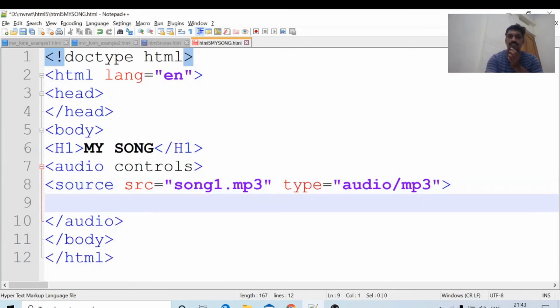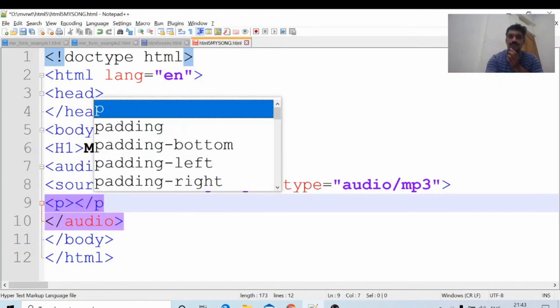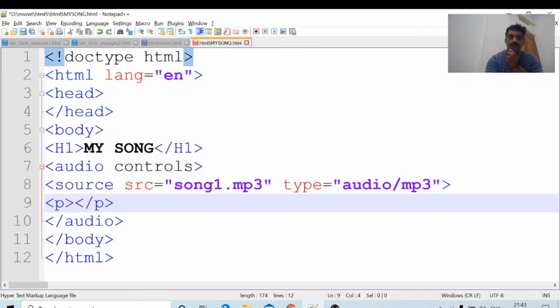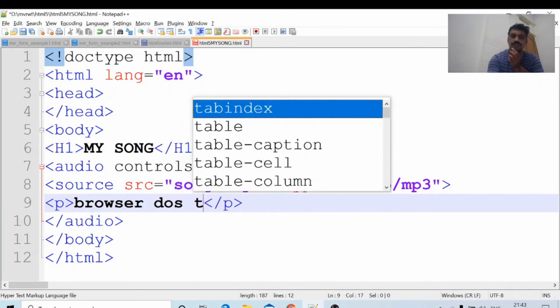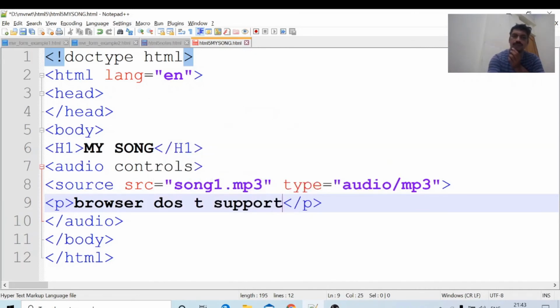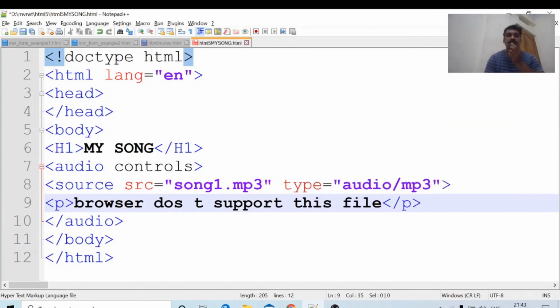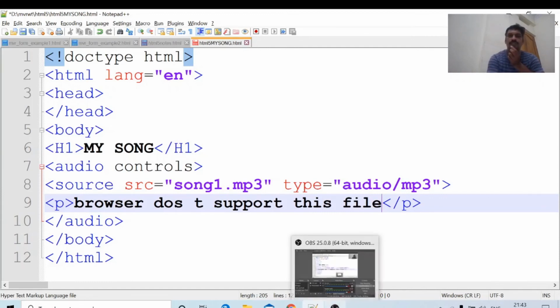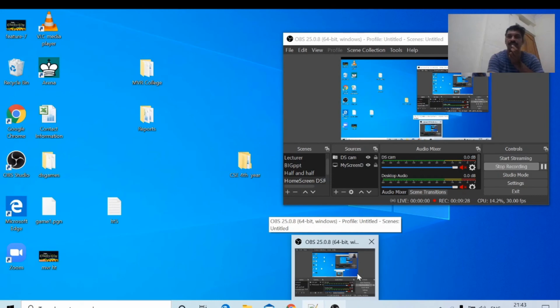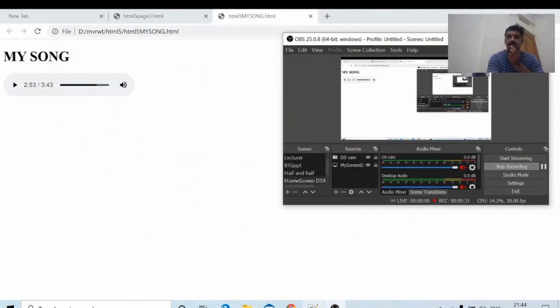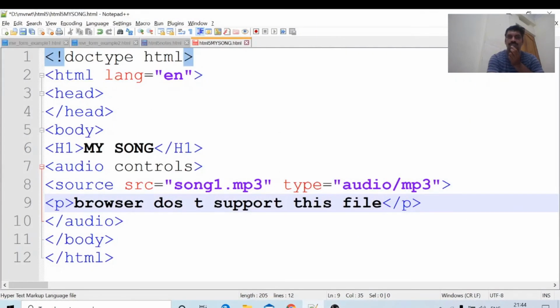Then, inside the audio tag, I will write a paragraph: "browser doesn't support this file." If the browser is unable to play the file, this message will be displayed. If it supports the file, it will play.